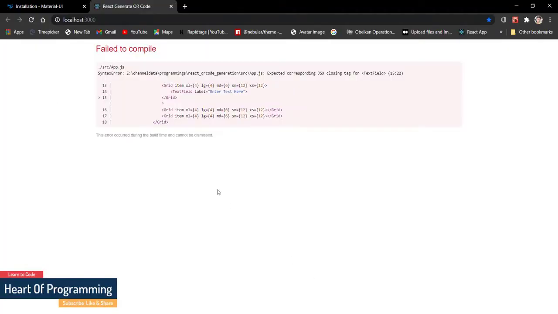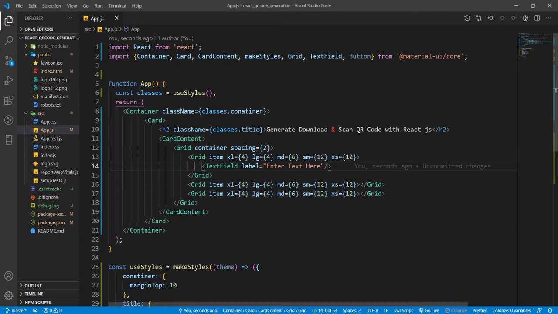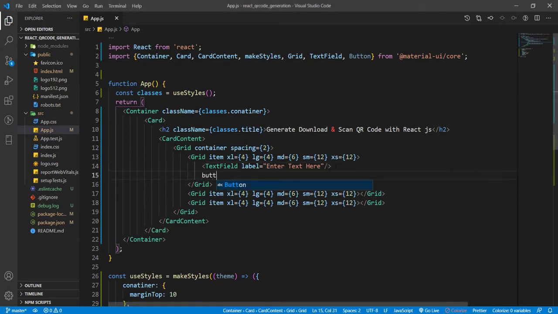Let's see the browser. Here you can see the text field of Material UI, and also we have our button of Material UI, variant contained, and color will be primary,